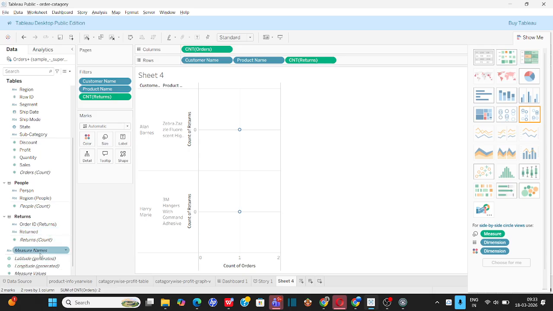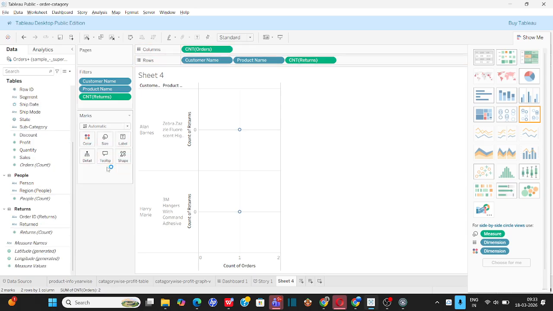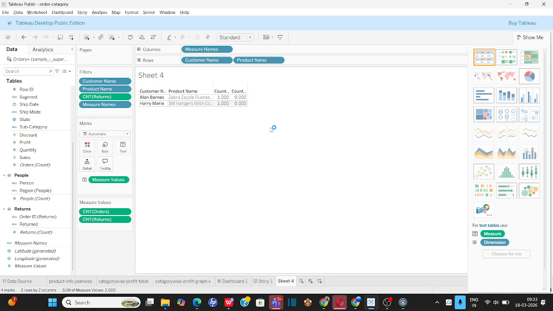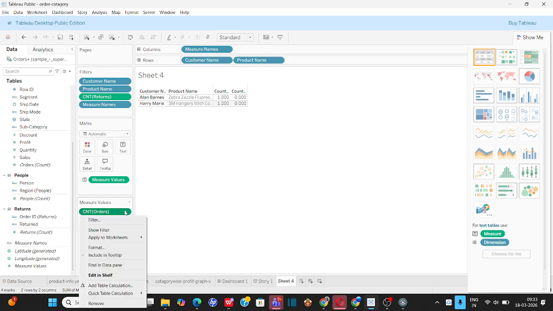If you want to apply some measure values, see, so count 1 1, this is count, it shows count of order, this is a count of order with the customer name, product name and count order, right? So here you can change the count of order, if you don't want the count you can change it here by changing